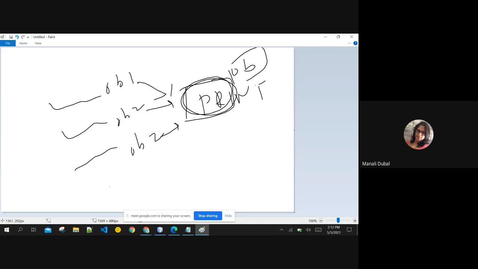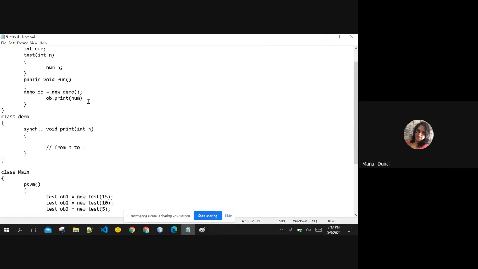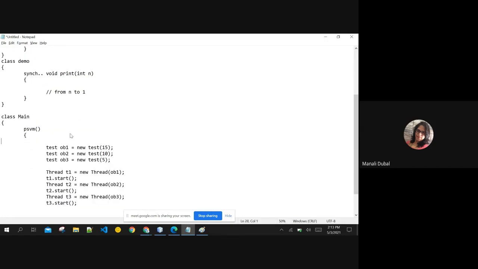So if we want to achieve synchronization in this way, then all the threads should point to the same memory location of print, meaning this ob should be only one, meaning our demo class's object should be only one, for achieving multi-threading and then synchronization from there. So if we want to achieve that, then we have to create the object of our demo class here itself,